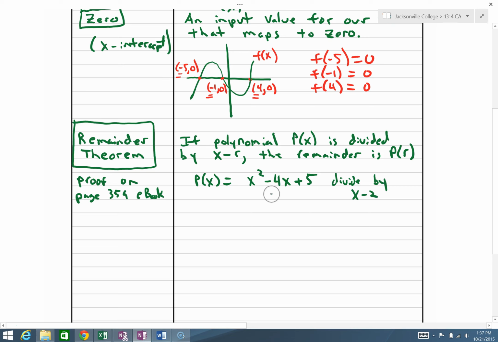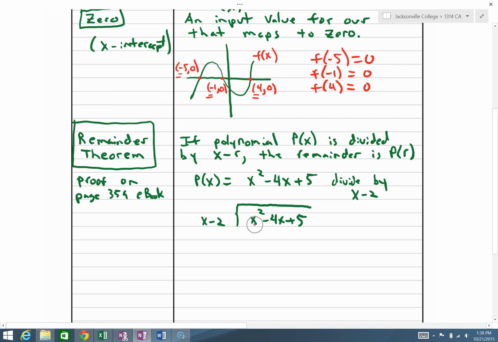Writing this as a quotient, I'm going to take my polynomial x squared minus 4x plus 5, and divide by x minus 2 using the long division that we used in our previous section. All right,